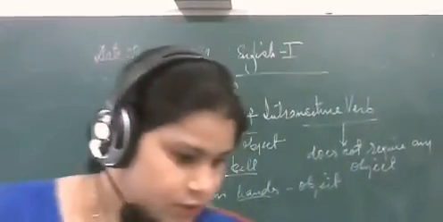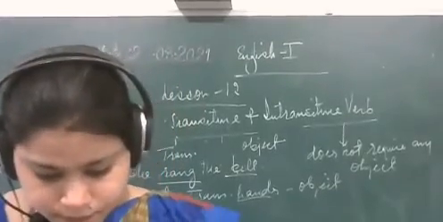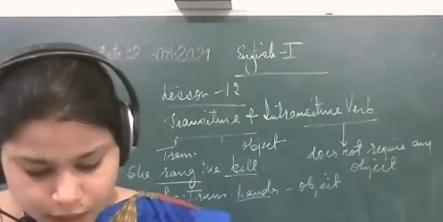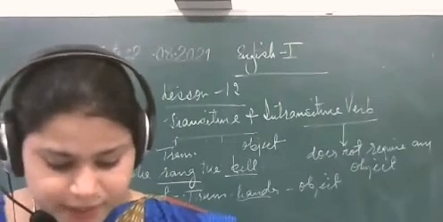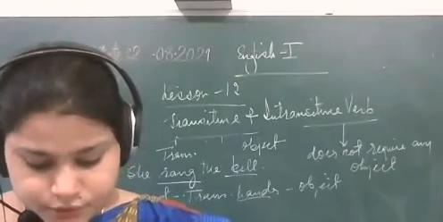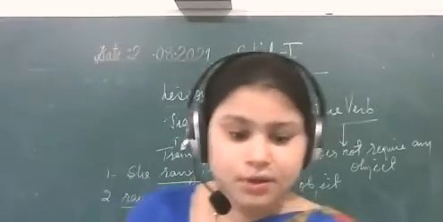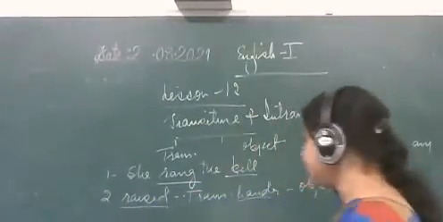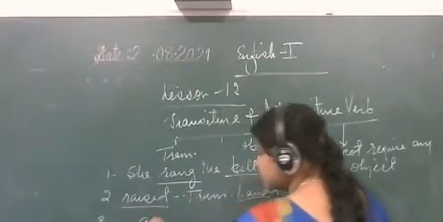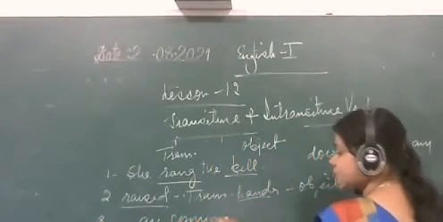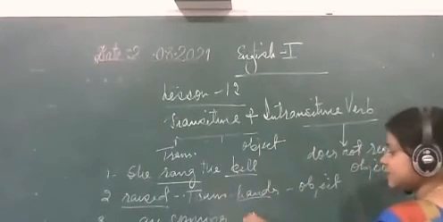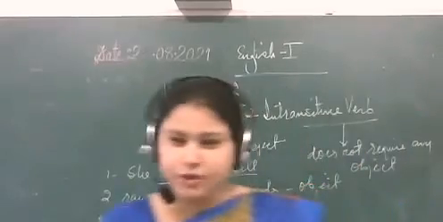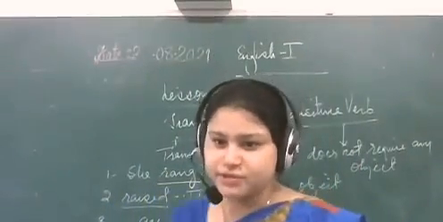Now we have the next one, that is number 3. How many guests are coming tonight? So students, here there is no object at all and it is a type of intransitive verb. So simply you will underline are coming and write intransitive. Clear? Okay, please raise your hand and make me sure how many of you are doing this exercise in your book.